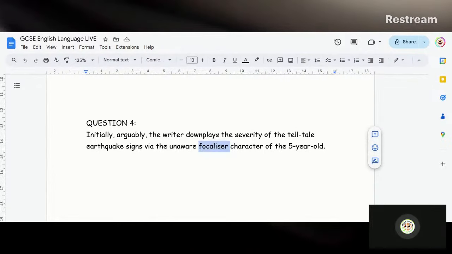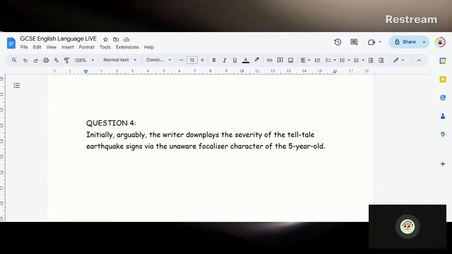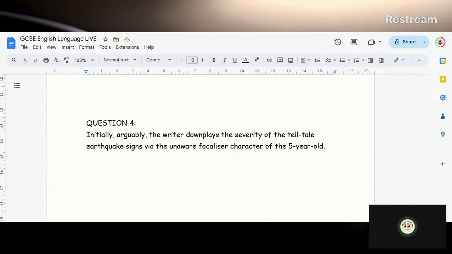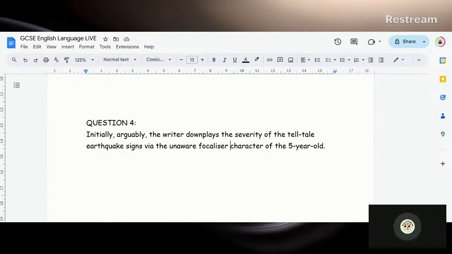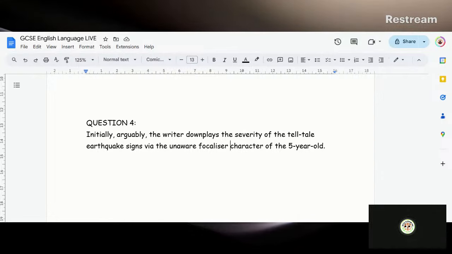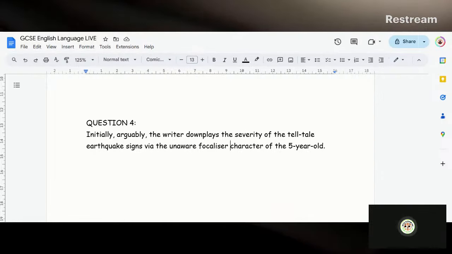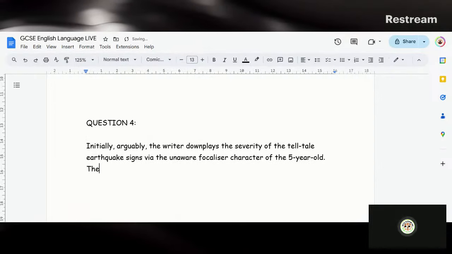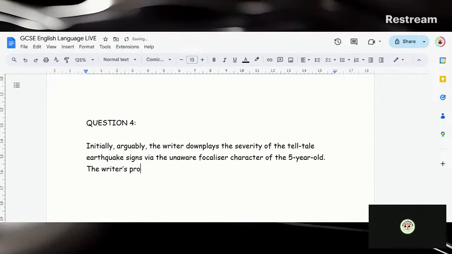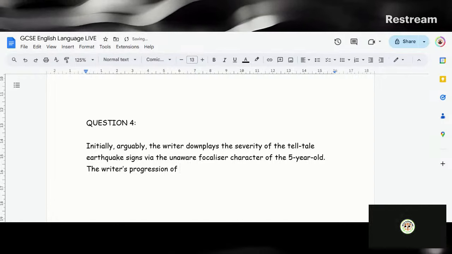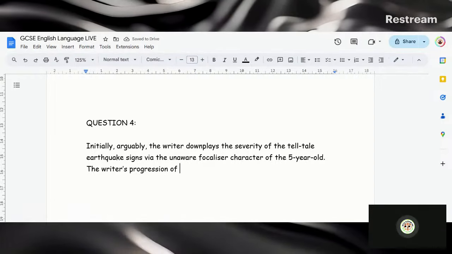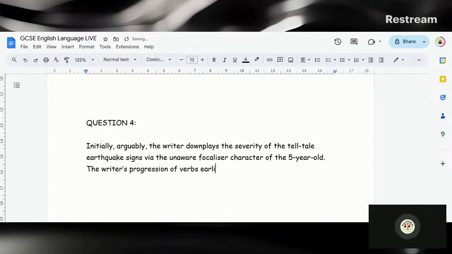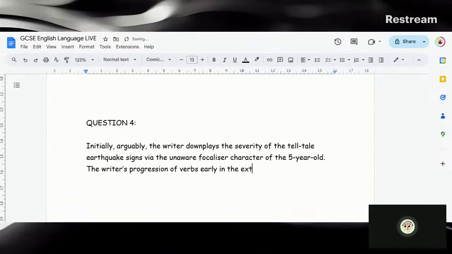Now, focalizer just means the character who we see everything happening in, but it's not necessarily a first person account. So it's important to mention that. Okay, so initially, arguably, the writer downplays the severity of the telltale earthquake signs by the unaware focalizer character of the 5-year-old. Now, how do we support this? Well, let's begin. So we can say the writer's progression of, we can speak about verbs and how they changed over time. So of verbs earlier or early in the extract,